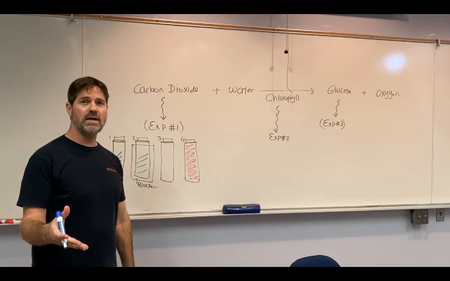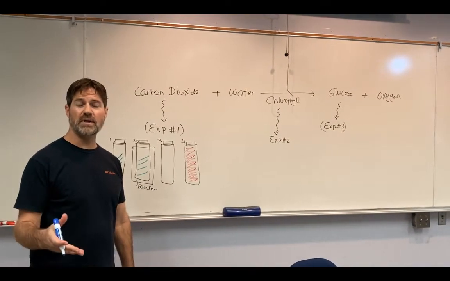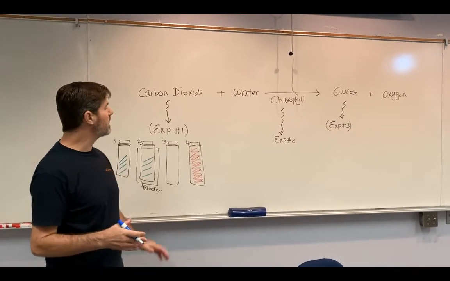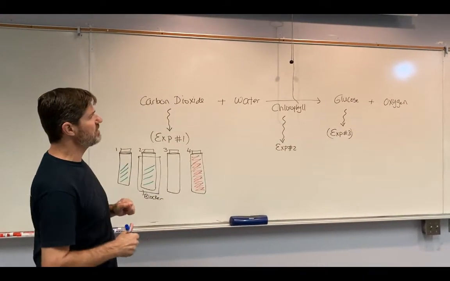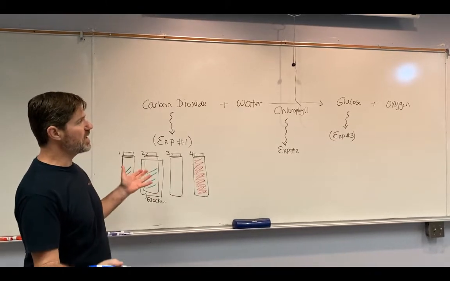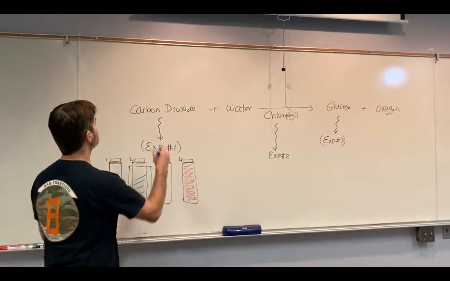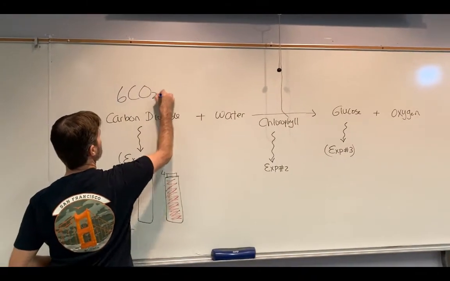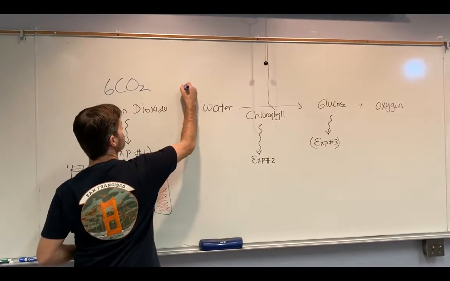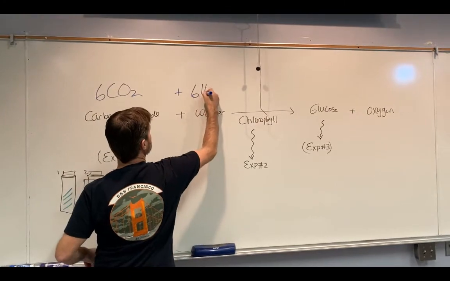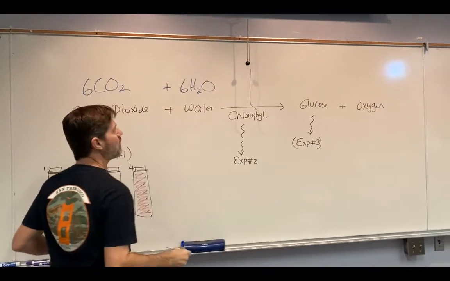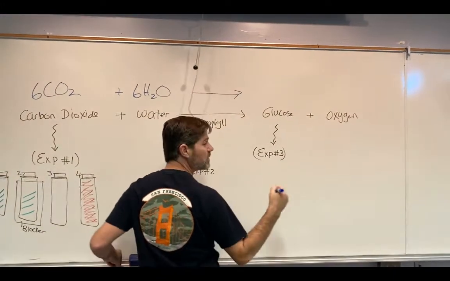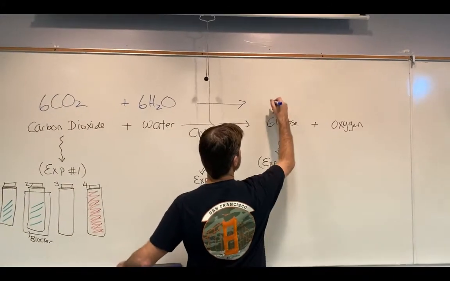Hi, so I want to go ahead and explain a little bit about experiment number 1 before we get into it. The first thing I want to do is expand upon the equation we have up here using words and write the chemical formula. So we know that we're going to have 6 carbon dioxide added to 6 H2O, or water, and that we're going to be converting that under the influence of sunlight into glucose, which is